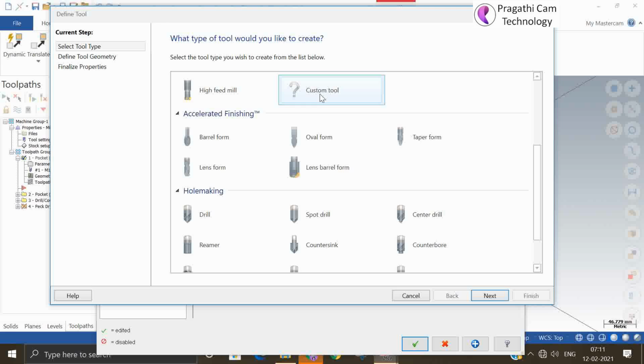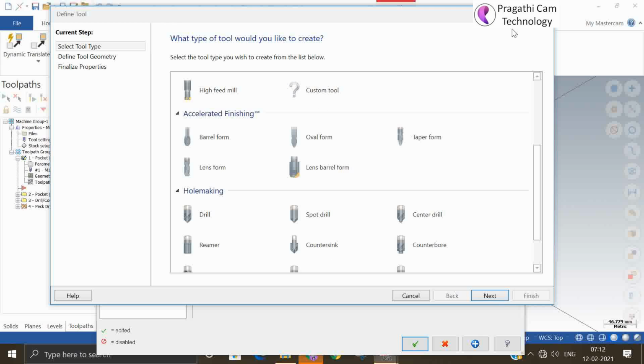If you want to make your own tool, a form tool, at that time you can make your custom tool. So this comes under tool customization. We'll see this tool customization separately.